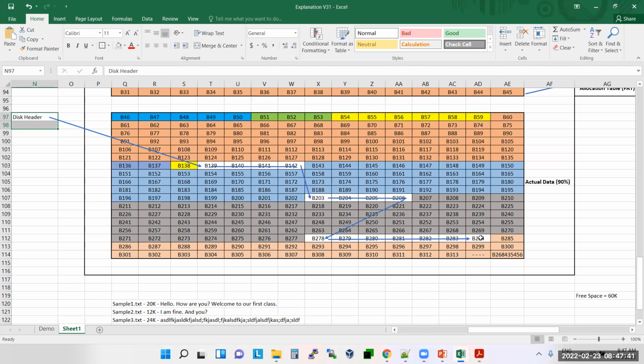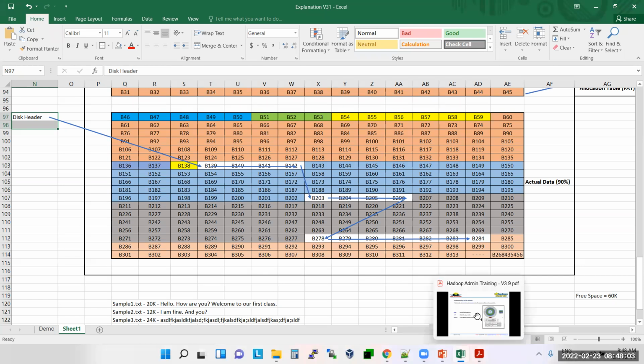Your hard disks are very good when you buy them new. But when you start using the disk, your hard disks become very slow. The reason is that your data is not stored in continuous blocks. Initially, you got all empty blocks, so you were able to write the data into continuous blocks. But now it is not the case. So we'll see this.